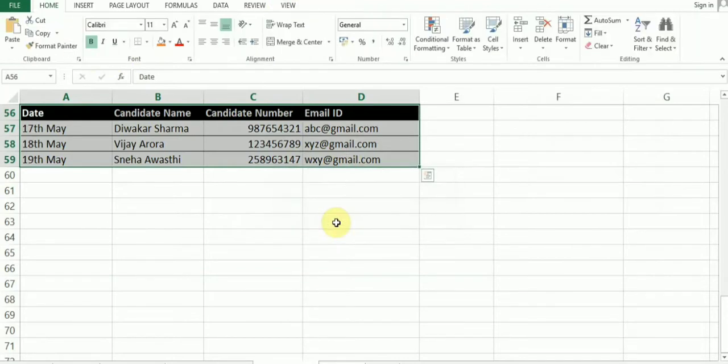Now what you can see, your table has been removed, but your formatting did not change. So this is the key point here. Your data and your formatting will not be changed after removing the table. It will only work as a normal range, but your formatting will not be changed.